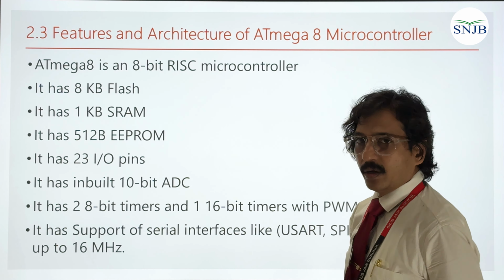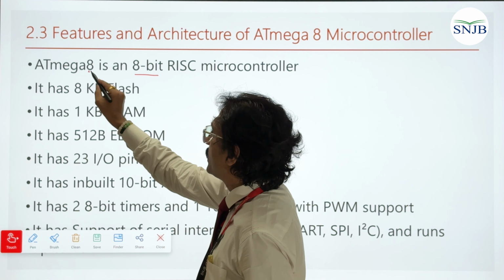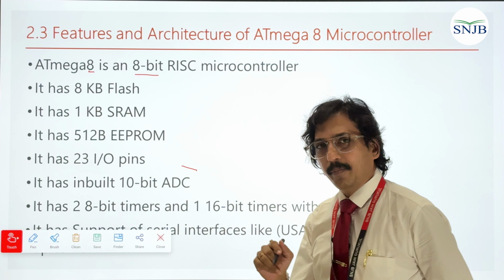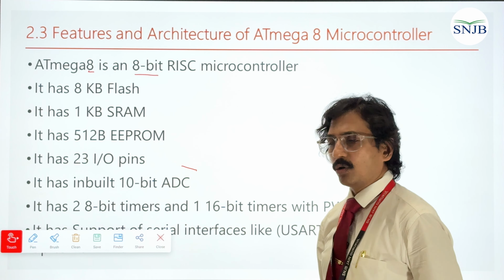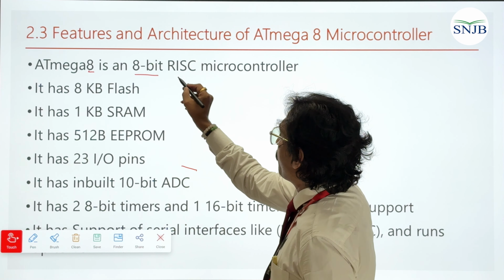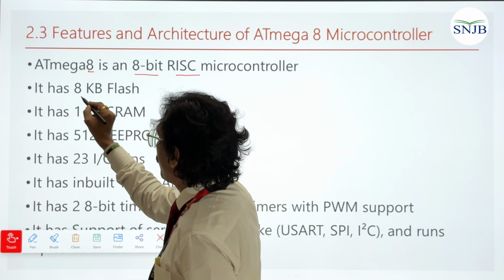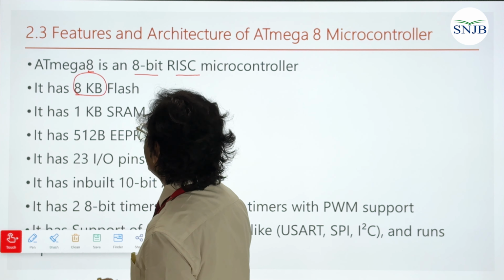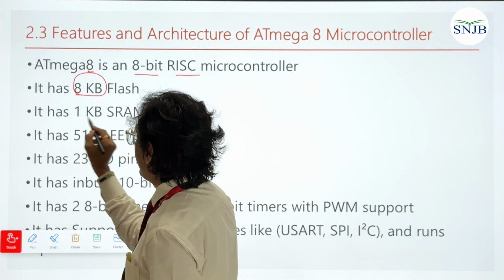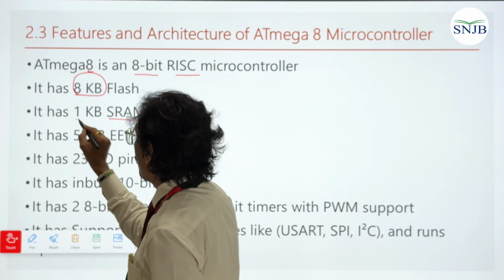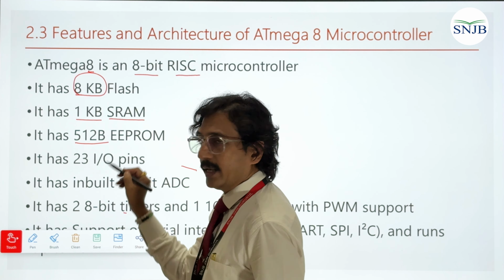As far as features are concerned, ATmega8 is 8-bit. That's why it is 8. 8-bit means it has 8-bit internal registers, an 8-bit data bus and an 8-bit arithmetic and logic unit. It is a RISC microcontroller, reduced instruction set computer. It has only 8 kilobytes of flash, so it is very easy to remember: 8 bit, 8 kilobytes of flash. It has static random access memory of only 1 kilobyte and only 512 bytes of electrically erasable